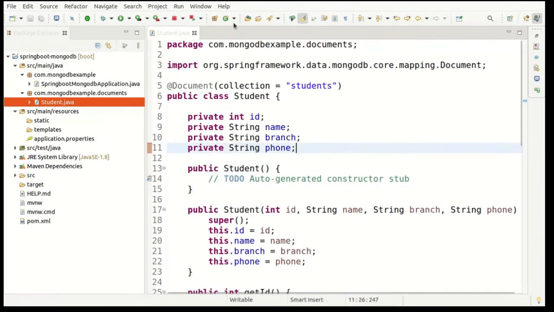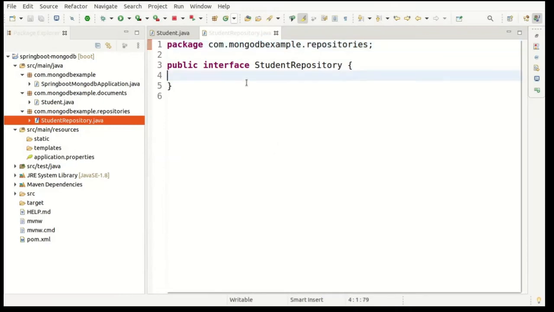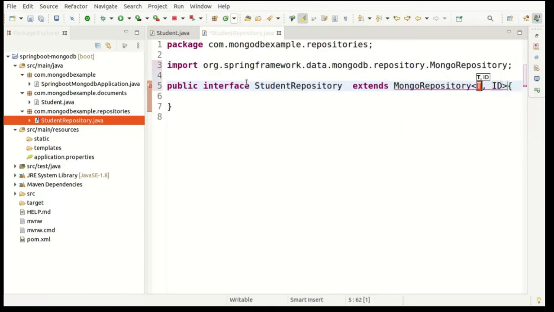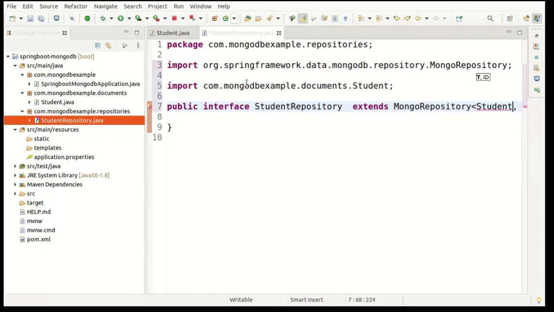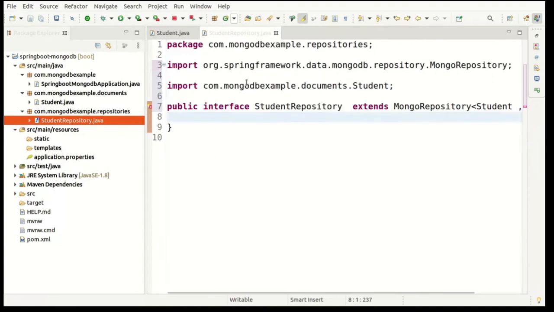So let's create one repository interface. Select here, in repositories, StudentRepository, and finish, and just extend MongoRepository. We have to pass the document type, which we have mapped to Student, and the id is Integer in our case, so that's why we have to write Integer.